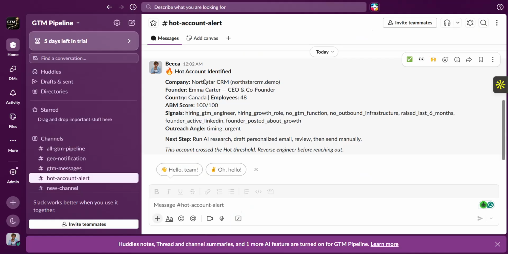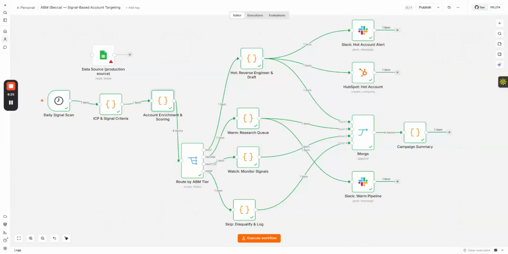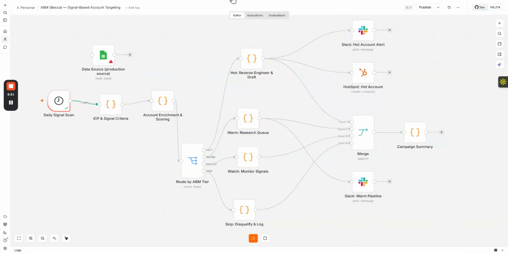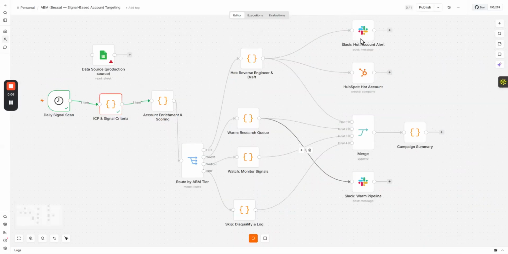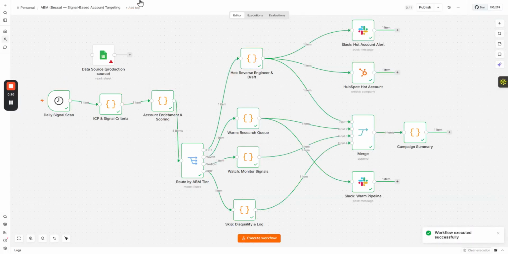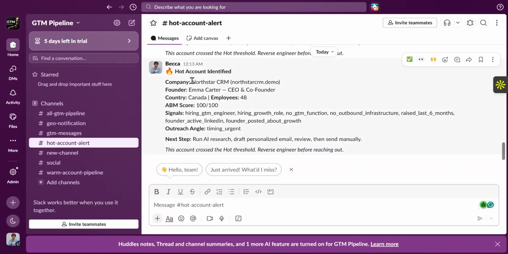you can see this was the... let's come back here and run the workflow again. Just so we monitor for the Slack notification we get. So as you can see, this just came in right now,